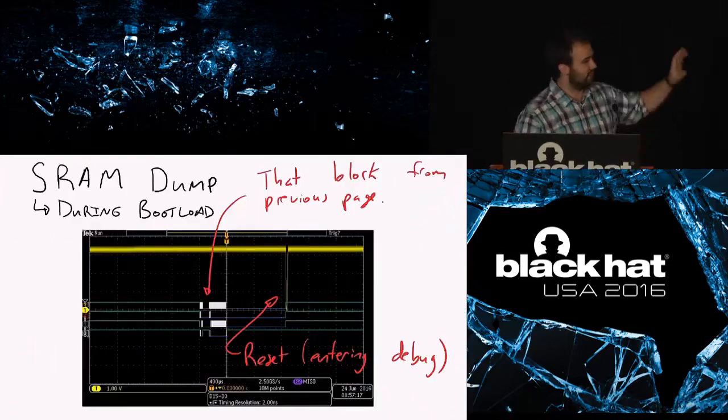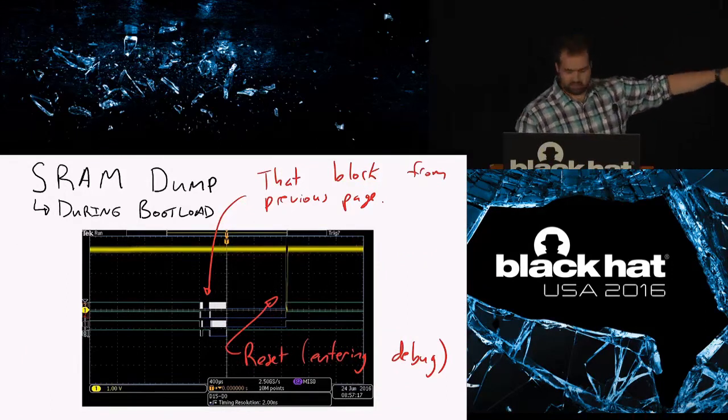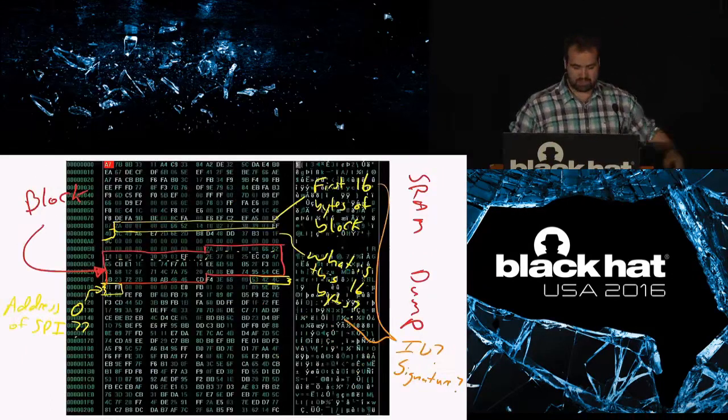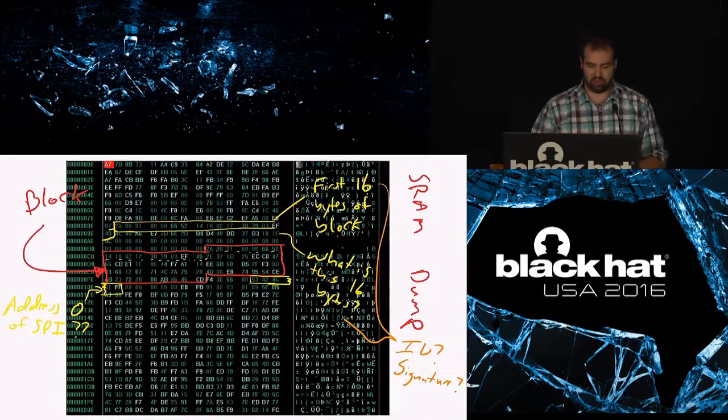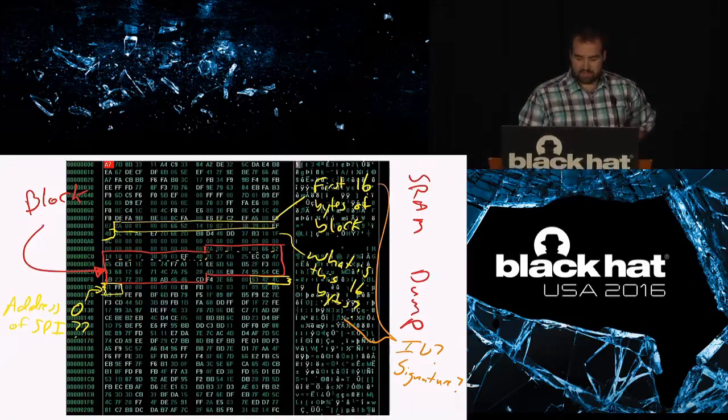And to do this, basically, I made some custom hardware that watches for that update process to happen, enters debug, erases the device, and then dumps the SRAM. So it's just like a little Arduino-ish type device you can use. What's interesting here is that this is a dump of the RAM, and basically we can start to see stuff